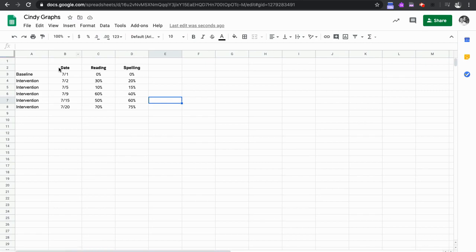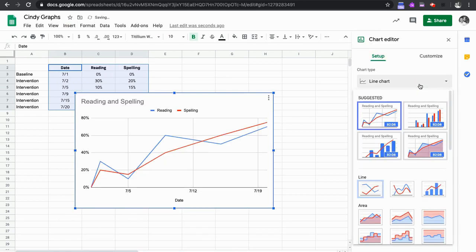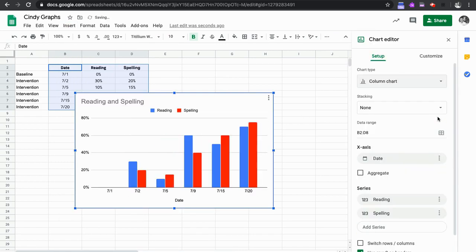Hi guys, I'm going to show you how to do a bar graph. So here I have our baseline and intervention labeled. I have our date and I have our reading data and our spelling data, and they are in the form of percentages. So let's highlight our data, do insert chart, and on chart type, we're going to do a bar